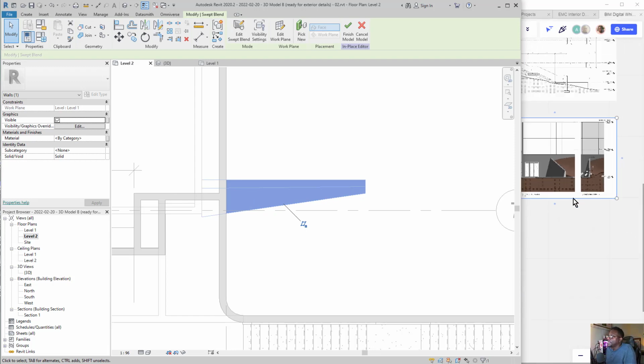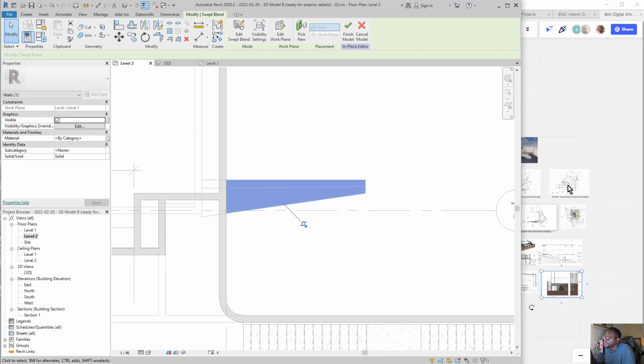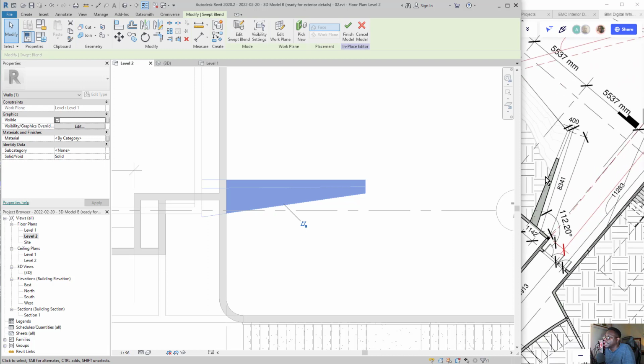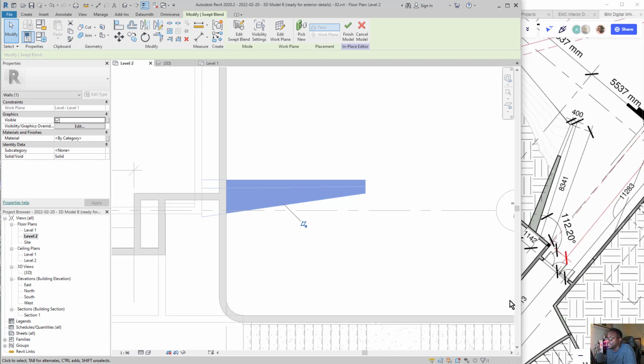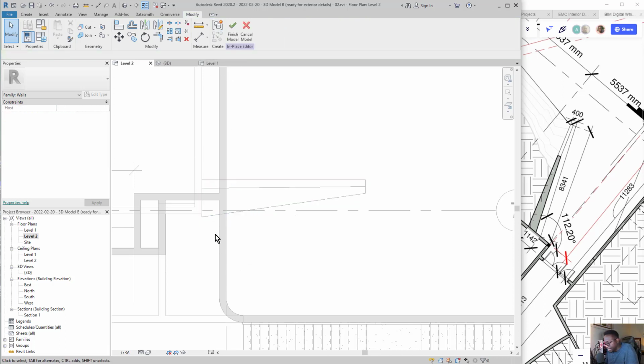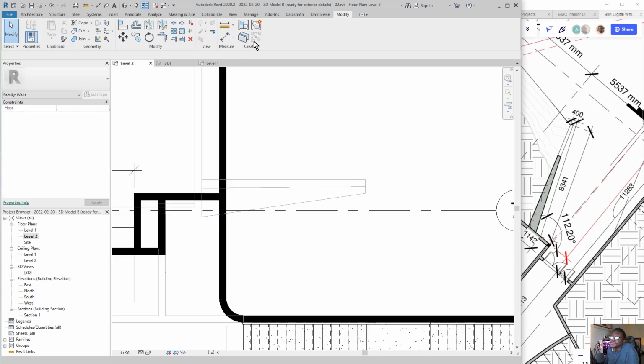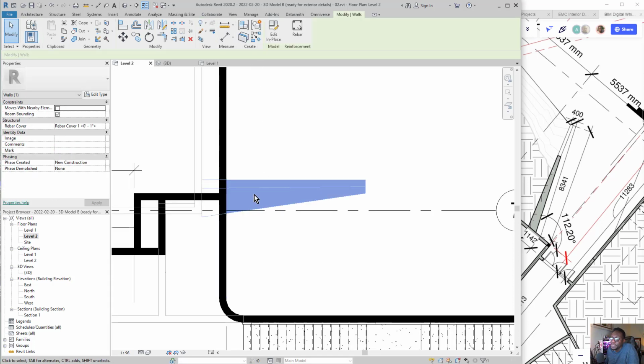But when you look at the plan here, you can see that this is actually at an angle. So we need to actually incorporate that angle now. So in order to do that, we need to, let's just use a detail line. Oh, we need to finish this model by clicking OK. All right, so we can use a detail line,